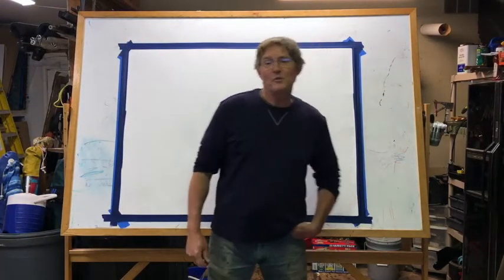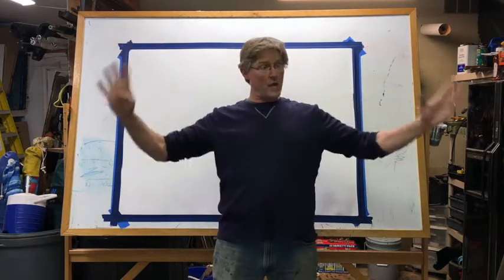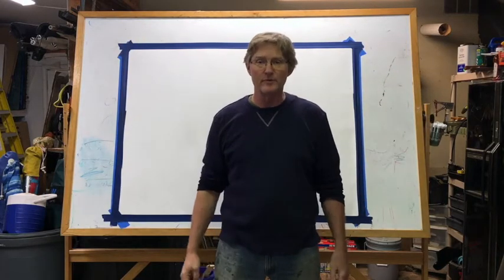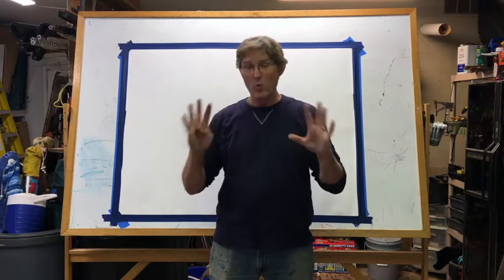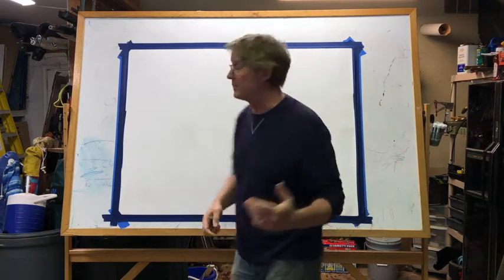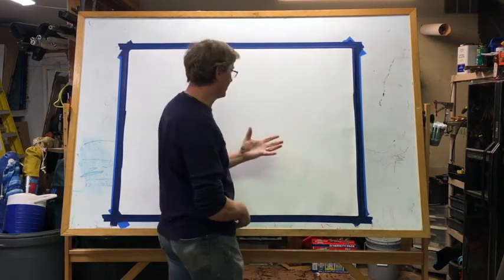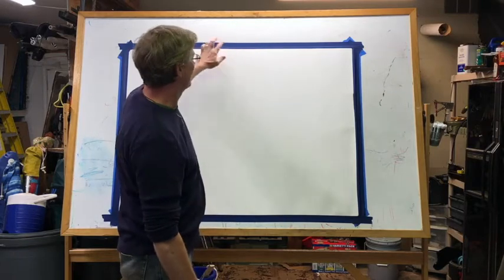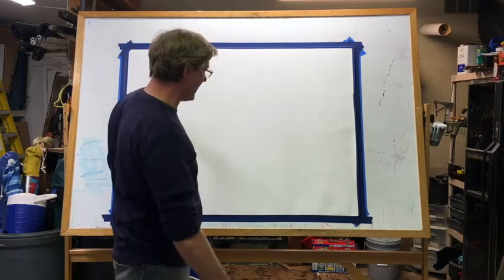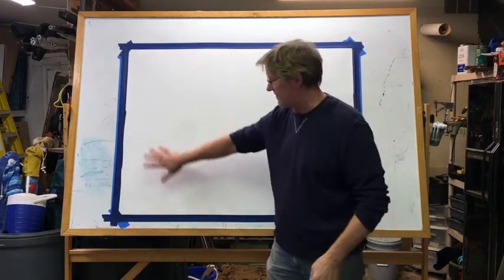Hey guys, last week I did a demonstration for you where I did a huge, gigantic Scribble Vision. The paper was 3 feet by 4 feet. Well, I've gotten another huge honking piece of paper. I've actually taped it over the original piece of paper, but this is good old Arches paper, 3 feet tall, 4 feet wide. Last time, if you remember, I came up with some really groovy, cool stuff, a froggy guy over here,